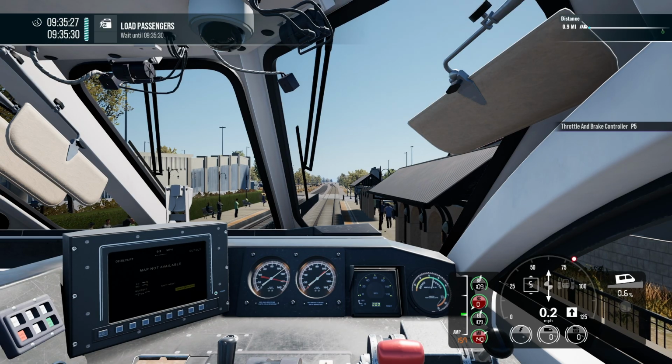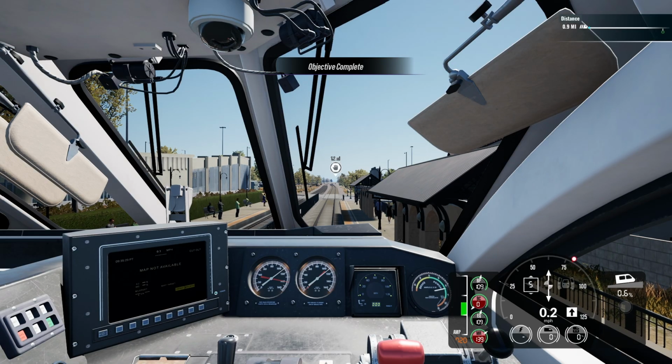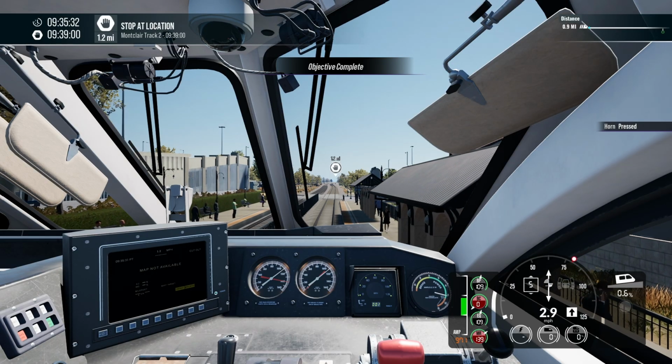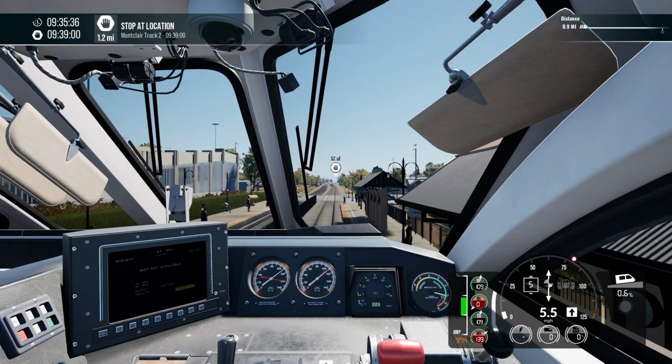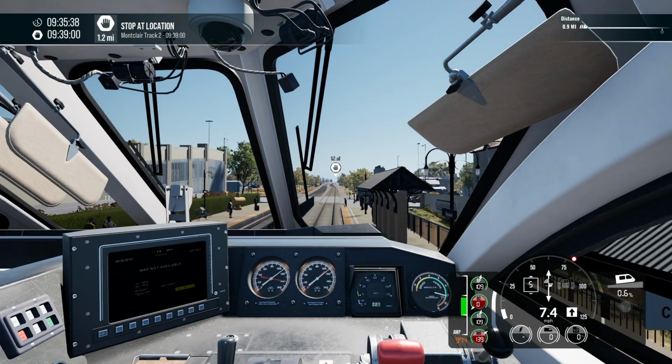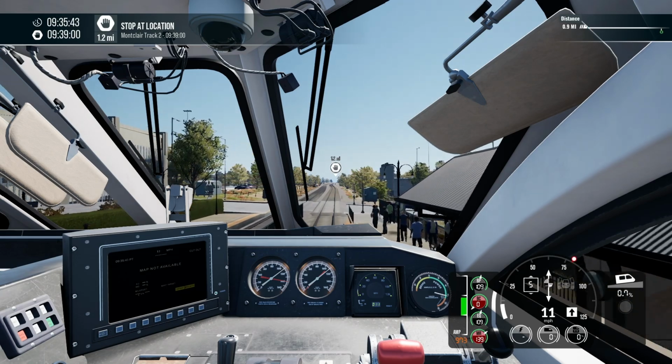Oh, I forgot to do the hill start. My bad. We're rolling backward. Next stop, Montclair in 1.2 miles. At least the stopping distance between stations is actually pretty decently short, and it's not like a long gap